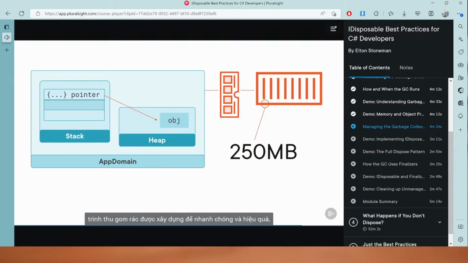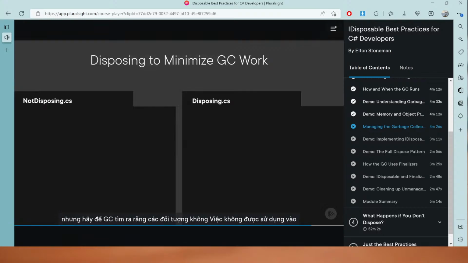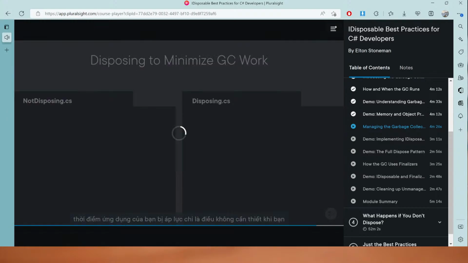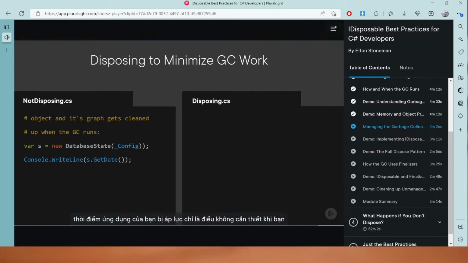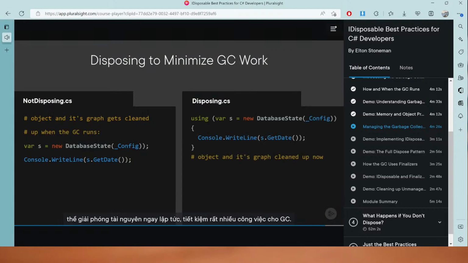But even so, the garbage collector is built to be fast and efficient, so even with lots of work to do, you may not see much performance impact in your app. But leaving the GC to work out that objects aren't being used at the point when your app is under pressure is just unnecessary, when you know in your code that you finished using the object yourself and you could free up the resources immediately, saving the GC a